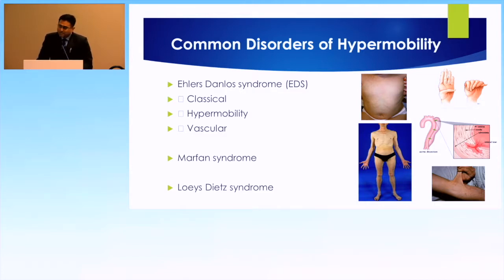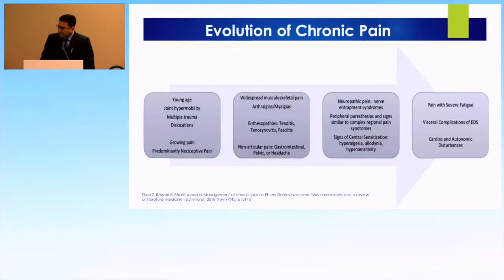Whereas in Marfan's, it's because of the elastin, which has elasticity associated with it, it kind of gradually balloons out instead of having a sudden tear. And the Loeys-Dietz also is related to TGFR and other genetic mutations, which affects the extracellular matrix and then causes its manifestations classically. What I want to talk to you about is the evolution of chronic pain in all these